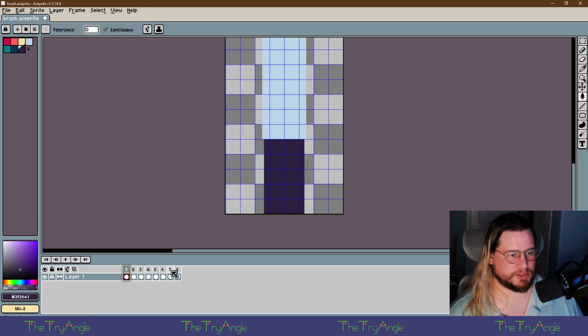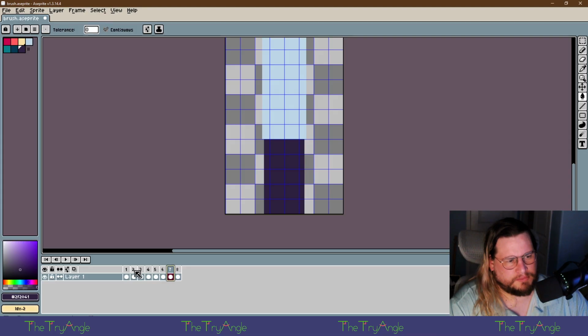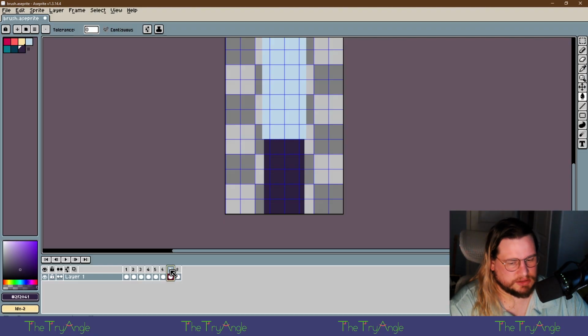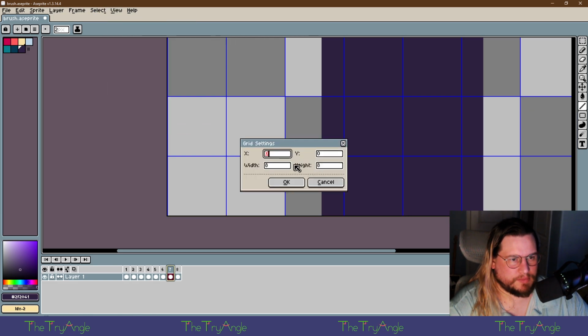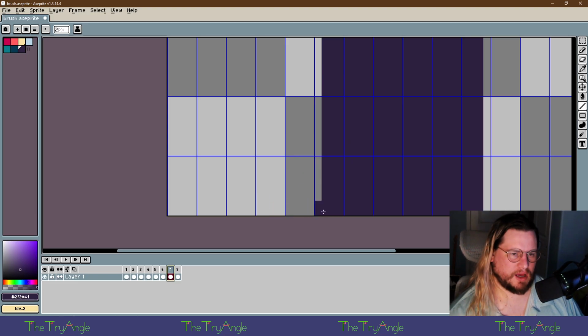Now all we have to do is make sure that all these frames in between fill out. So let's see, that's 8. I wonder if there should be like 7. Tell you what, let's get that grid back. 1, 2, 3, 4, 5.